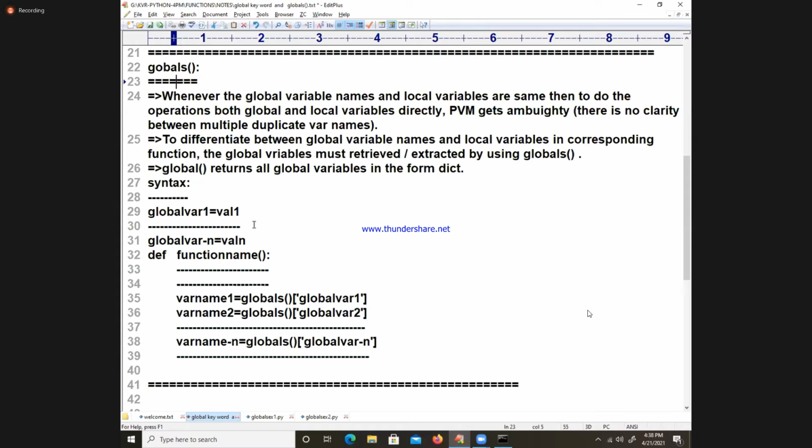Yes, Hari Krishna, some different red colors are coming. That is called predefined module names. Some predefined colors are coming now. Those are called predefined things. Already something is there, some predefined things on that name. Yes, globals.